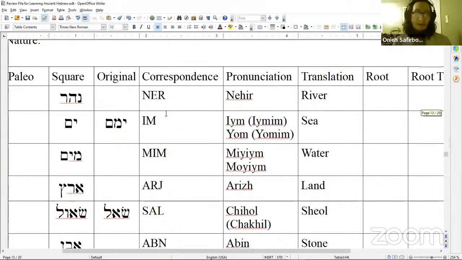Then for nature, we have Neher, river, Yam or Im, originally Imim or Yamin, and that is sea, Ma'im or Mean, is water, Arish, land,